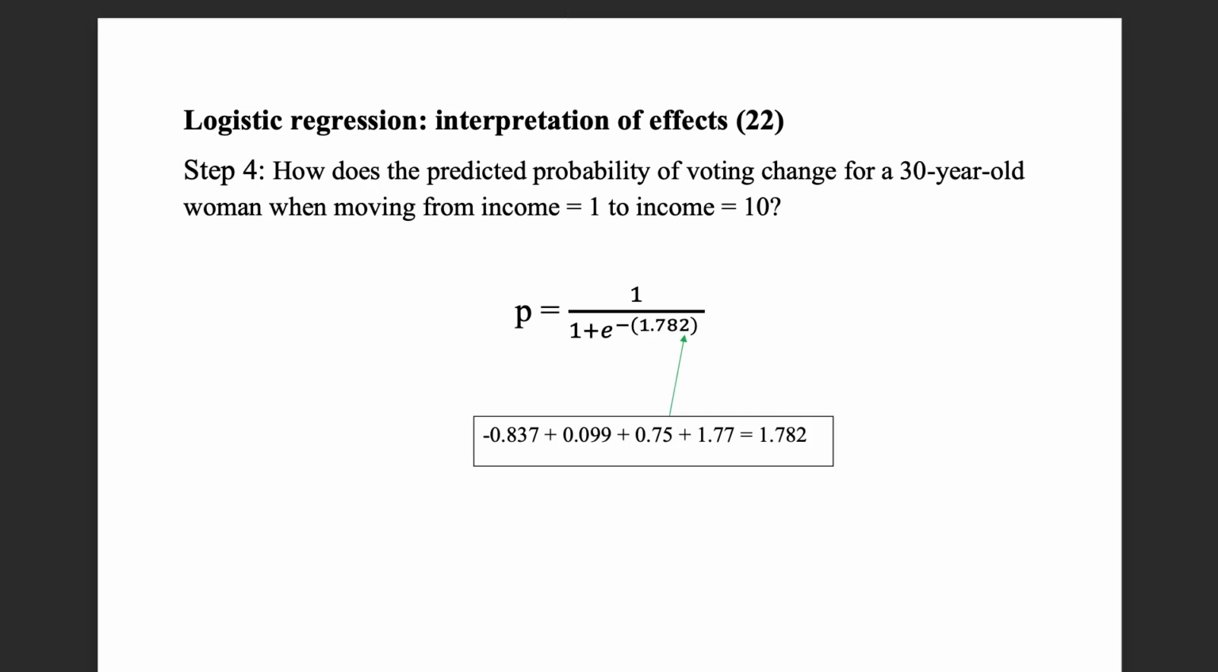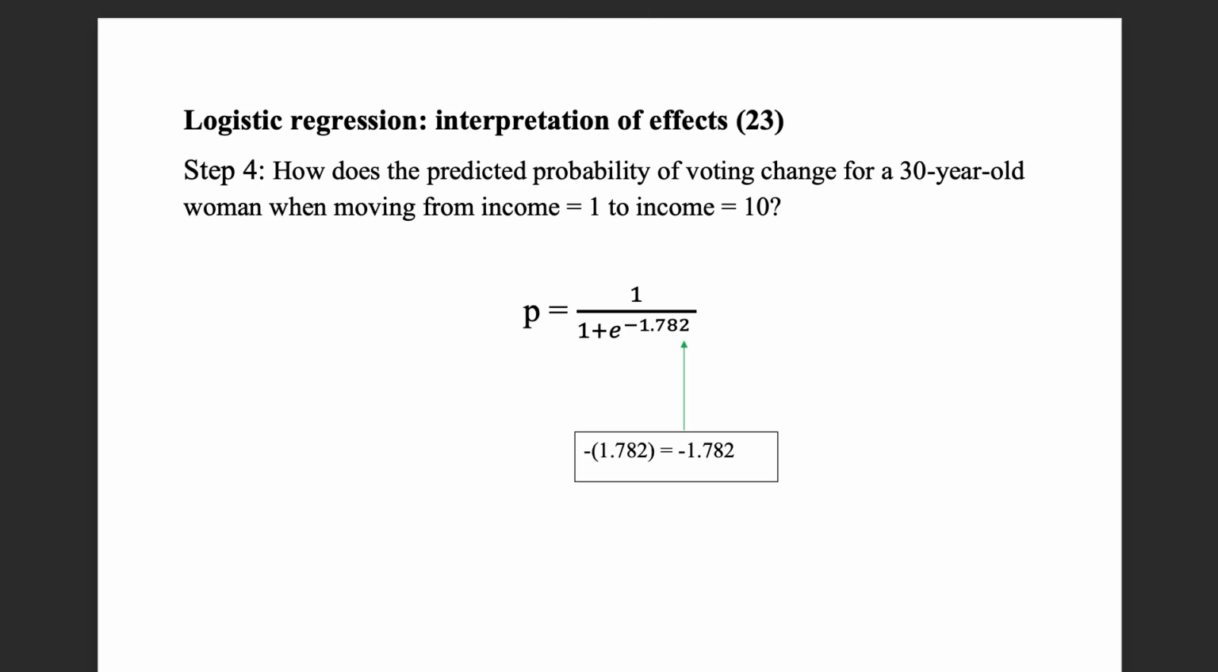works out to 1.782. Again, we have now 1 divided by 1 plus Euler's number to the negative brackets 1.782, which is the same thing as minus 1 times 1.782, which works out to minus 1.782. Remember, negative times positive equals negative. So in this case, we see that this works out to minus 1.782. So now we know what to do. We need to take Euler's number as the base number, and as the exponent, we're going to pick minus 1.782. Exponentiating gives us